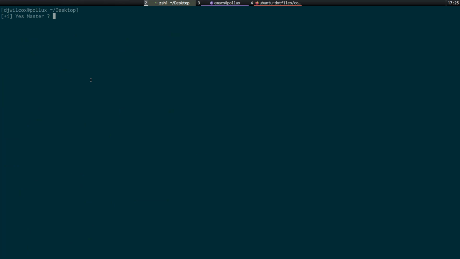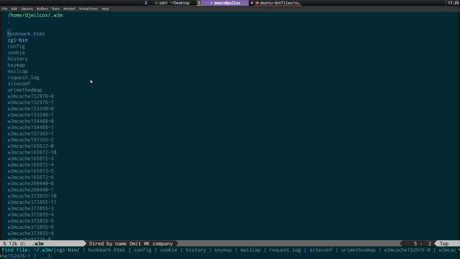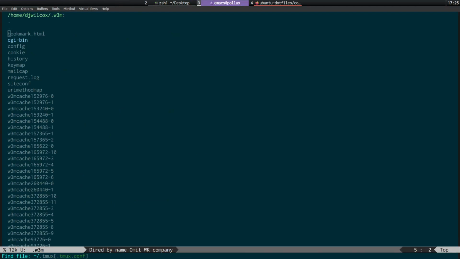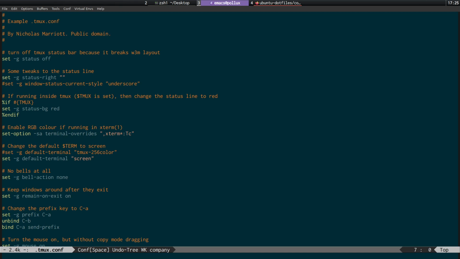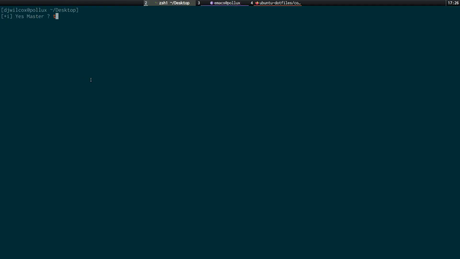Now, the first thing is we're going to need to set the status bar off. The status bar in TMUX is a little thing at the bottom of the window that shows you what sort of screen you're on, TMUX screen. But the issue is that it actually breaks the w3m layout. So if I turn this off and start TMUX, what I'll do is go to